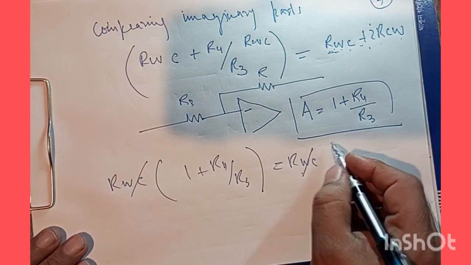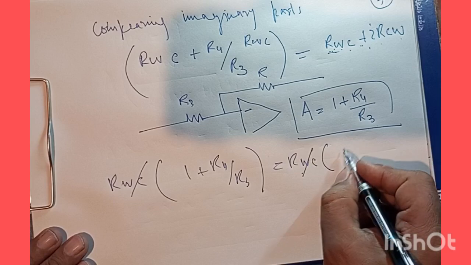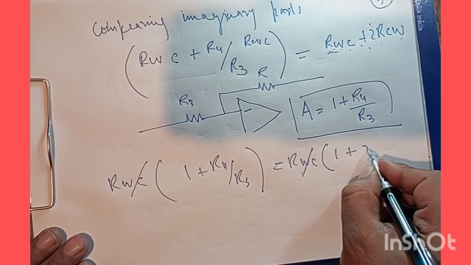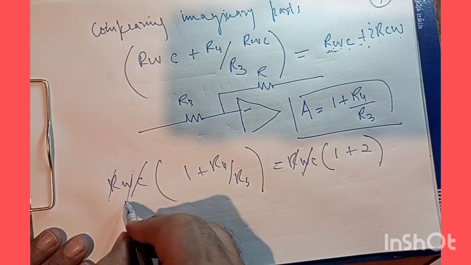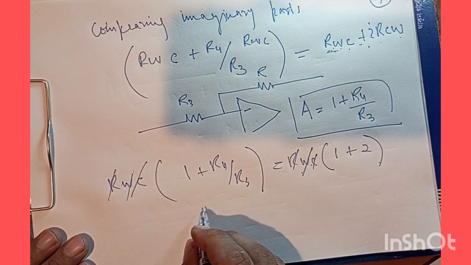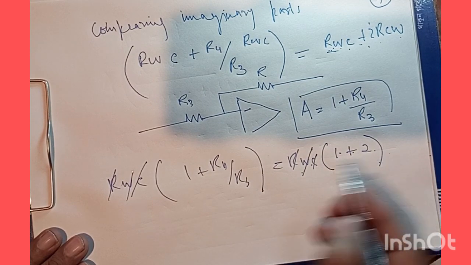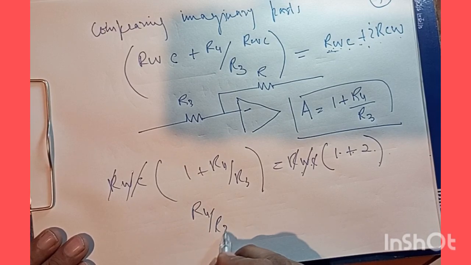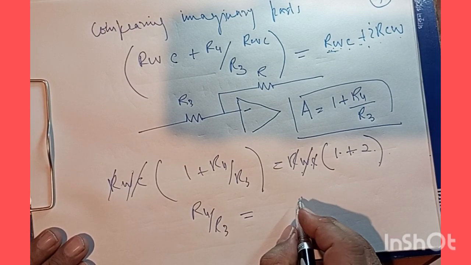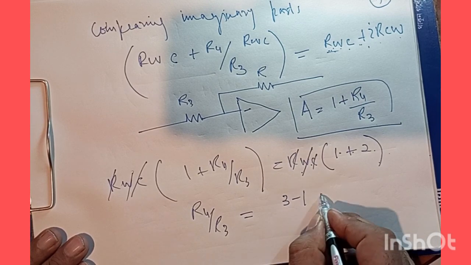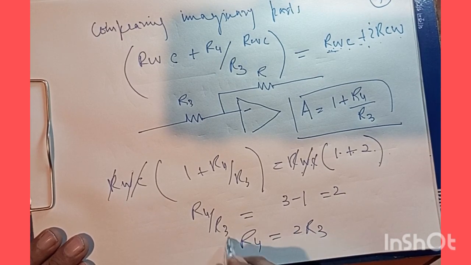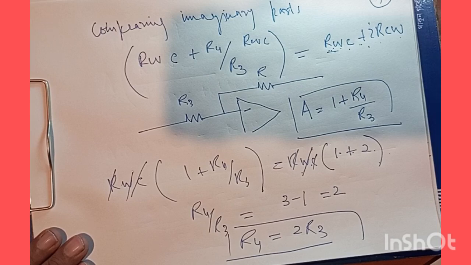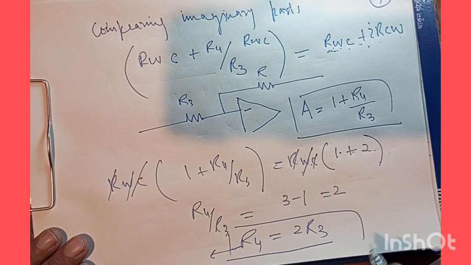So here we will have R omega C times 1 plus 2. So this R and omega and C is going to cancel. So this is 1 plus 2, which is 3. So R4 by R3 will be equal to 3 minus 1, that's equal to 2. So R4 will be 2 times R3. So this is how you have to correlate the feedback resistance R4 and the input resistance R3, which is present